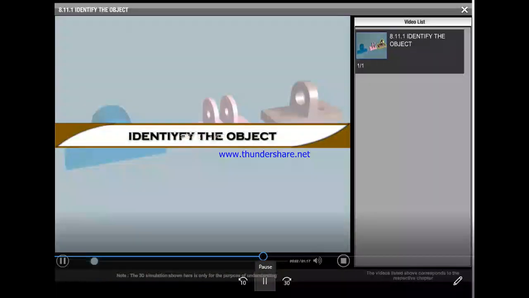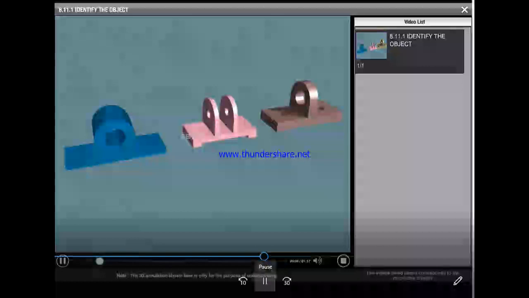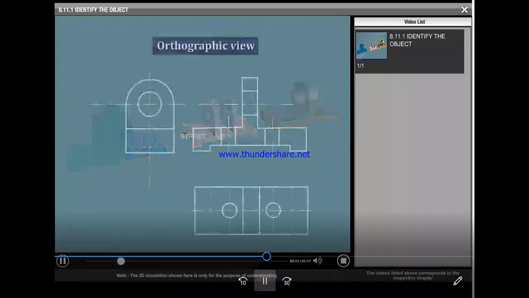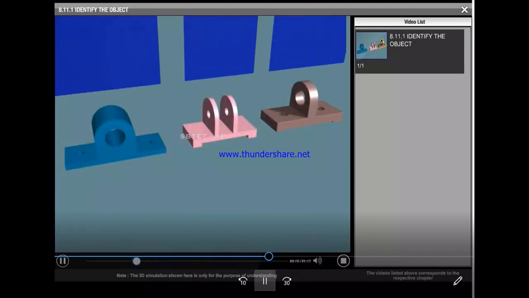Identify the object. In this, three orthographic views of an object and pictorial views of three different objects are available. The task is to identify the correct object corresponding to the given orthographic views.